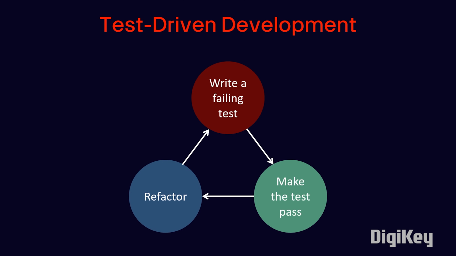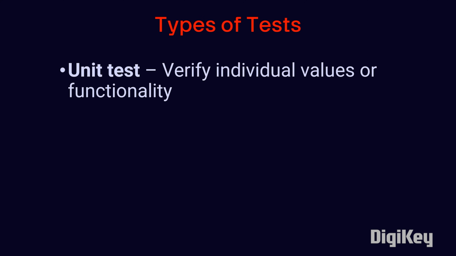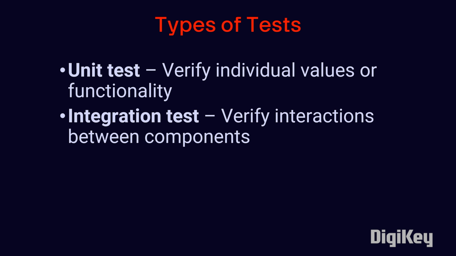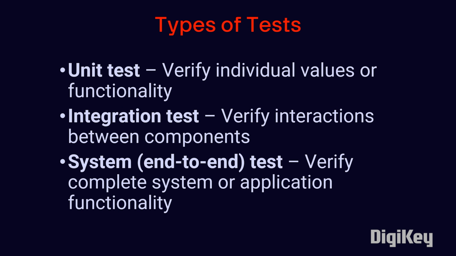You'll often see tests broken out into three categories. The first is unit tests. These are usually simple automated tests that verify the correct operation of individual values, methods, or functions in your code. Next are integration tests, where you verify that larger components operate together. Then you have system or end-to-end tests that verify that everything works together. This is usually where you test the entire application, and it can often be quite time-consuming depending on the complexity